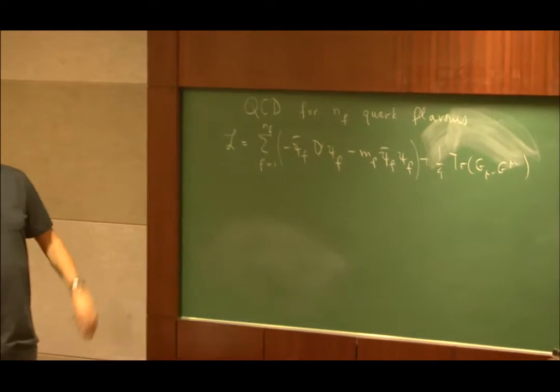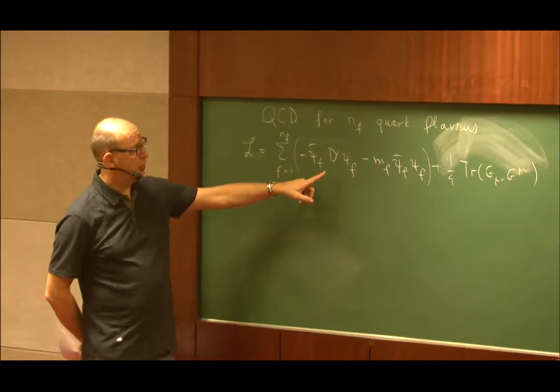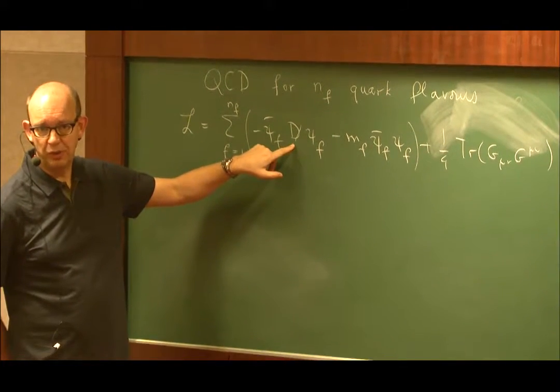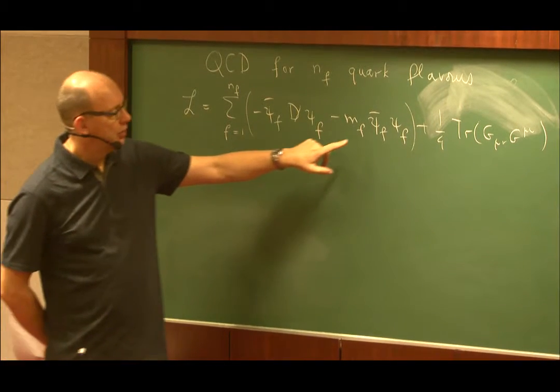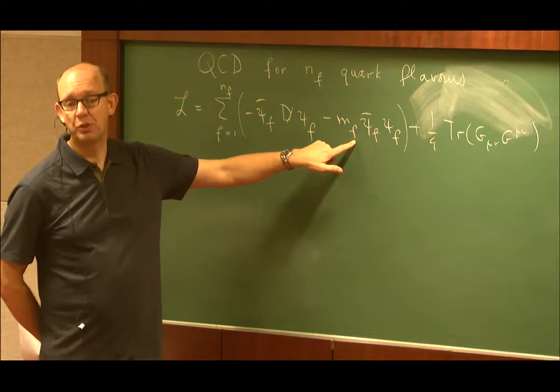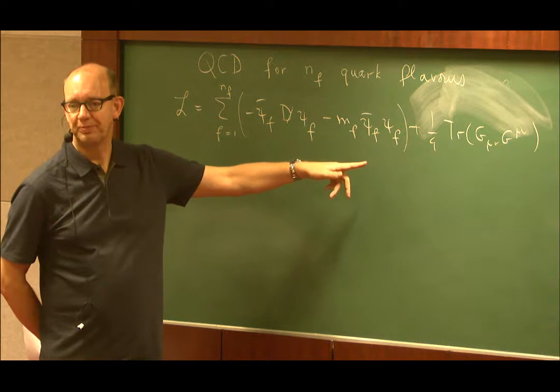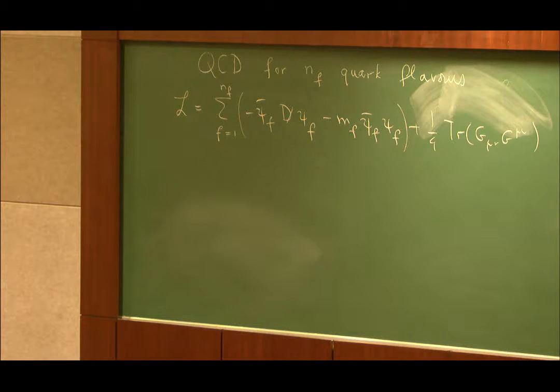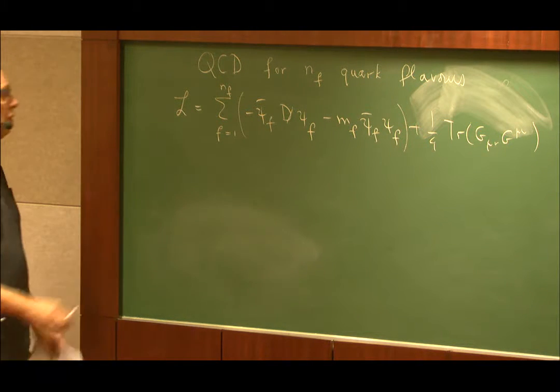So just hang some label F on things, of course, only on the fermion fields, not on the covariant derivative. That doesn't depend on the quark flavor. I am allowed to choose different masses for the flavors. For each of those choices, of course, I have n copies, n being 3 for QCD. So for NF,